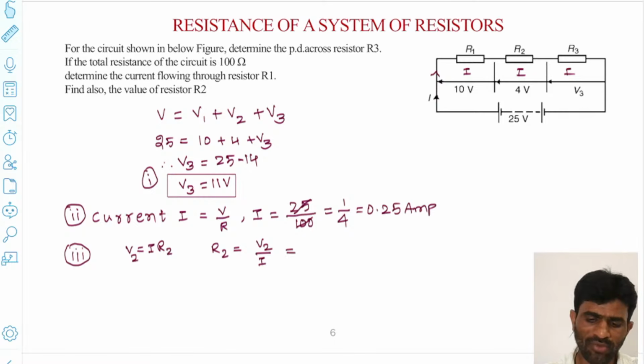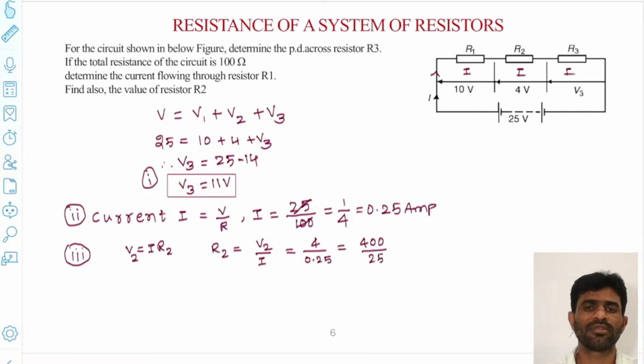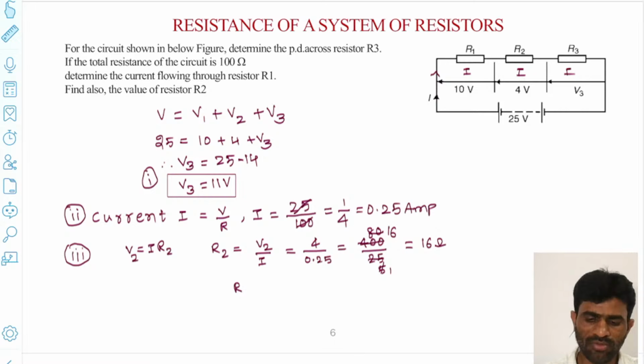So what is V2 here? 4 volts, divided by what is I here? 0.25 amperes. So we can also write it as 400 by 25. 4 by 0.25 is 400 by 25. If you cancel this, 5 5s are 25, 5 8s are 40, so 5 1s are 5, 16. So it is 16 ohms. So R2 is equal to 16 ohms,